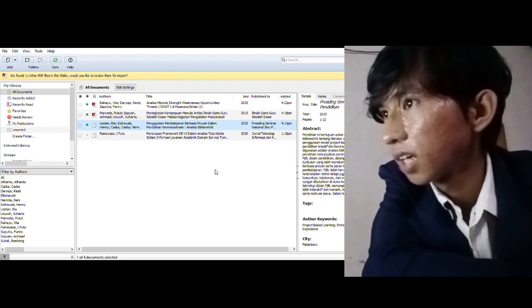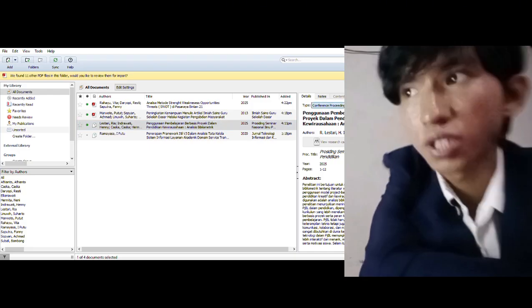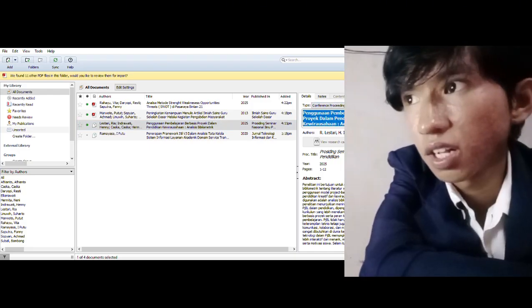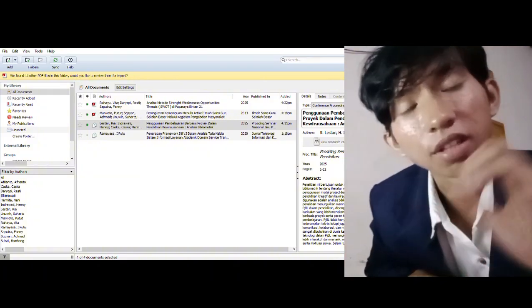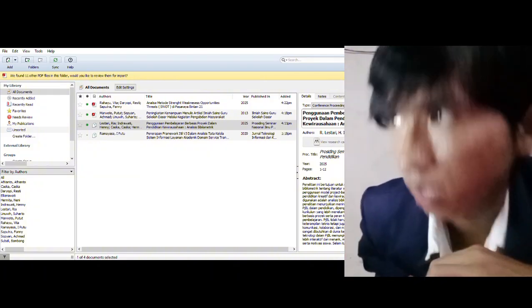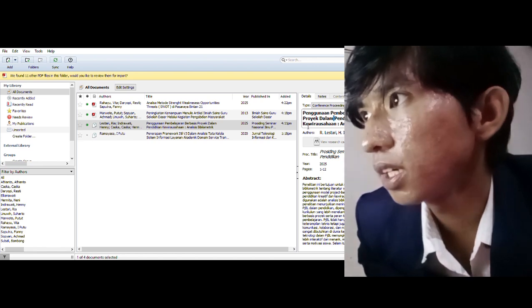Click the file and change the type to conference proceeding. And for the title, you need to write the title with the first word capital, like P, P, B, P, D, P, D, A, B.